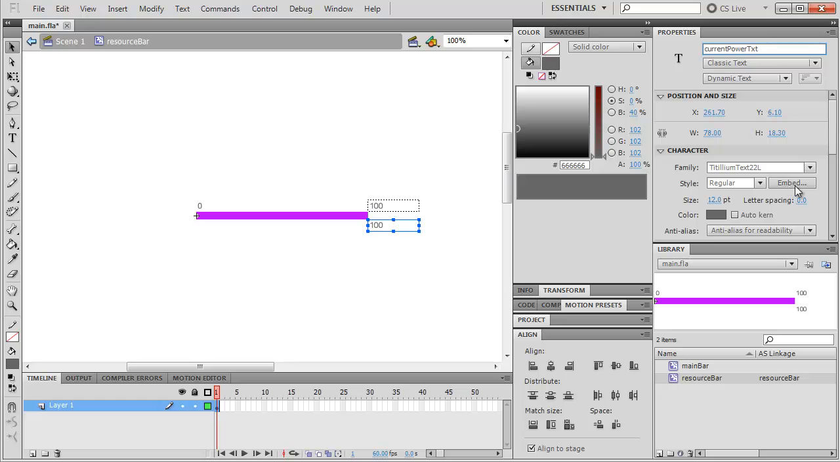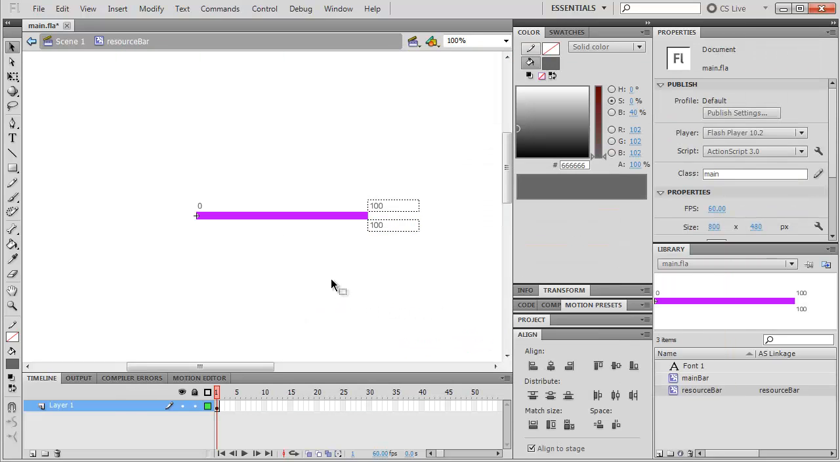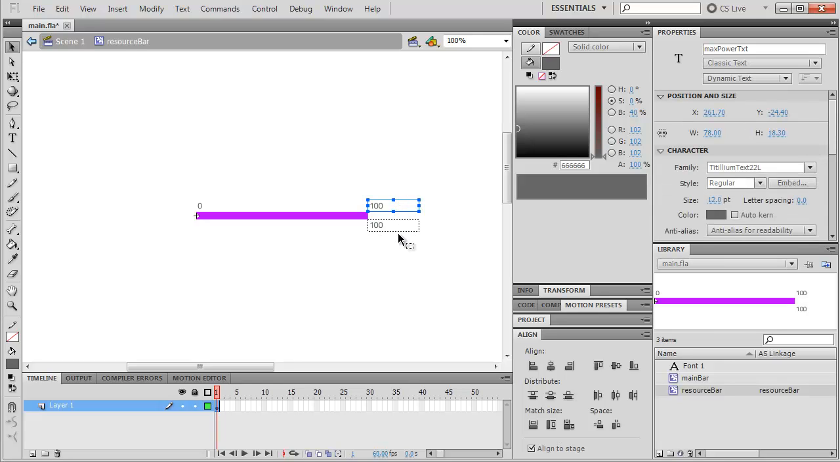And just be sure to embed your fonts. I'm going to click on embed and make sure uppercase, lowercase, numerals and punctuation is ticked. Press OK. So that looks alright now, but once again we've got two clips that are inside of our class, and we've